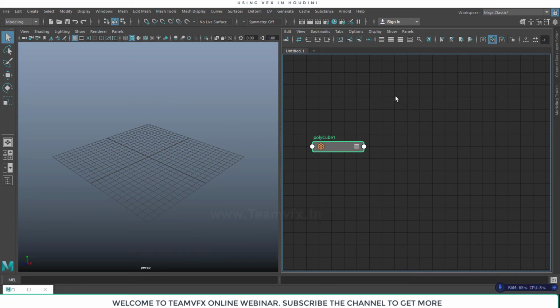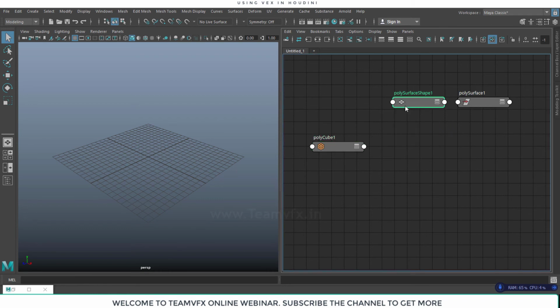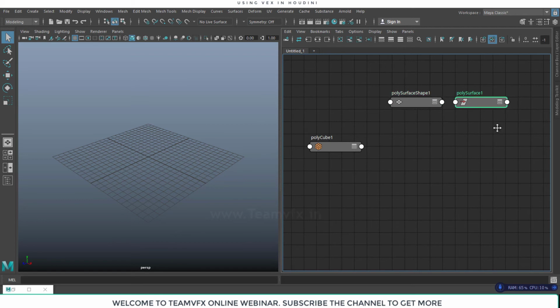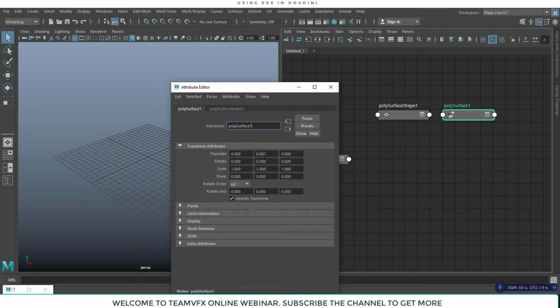For that we have to create one more node, and the name of that node is mesh. When we click this mesh node, you can see a polySurface transform node is automatically generated. This is the transform node, and it shows where your polygon will be in 3D space.